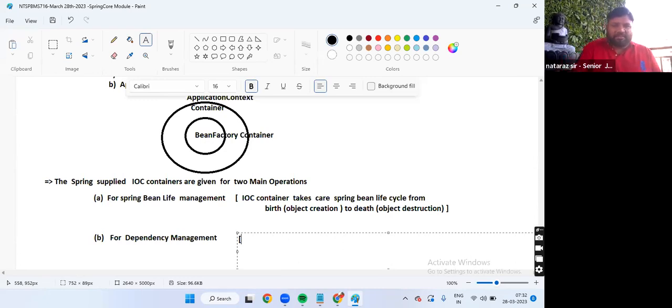Are you understanding my statement, guys? It is all about providing the dependent class object to the target class object.